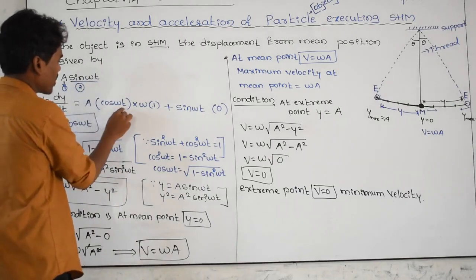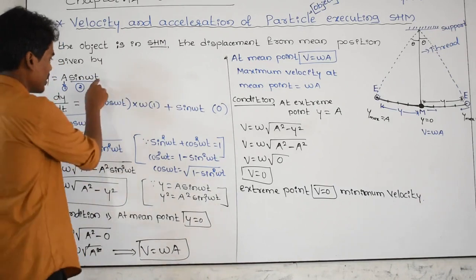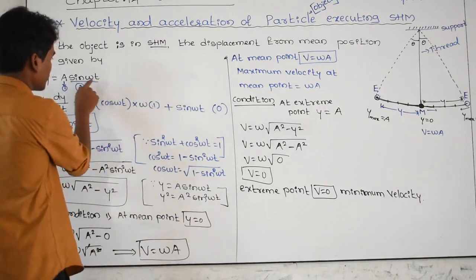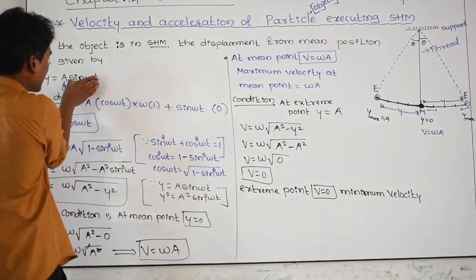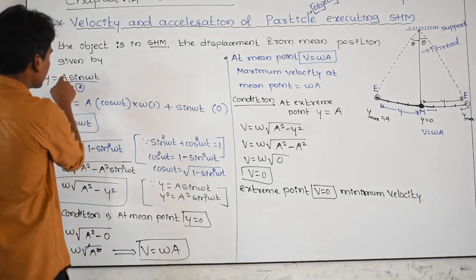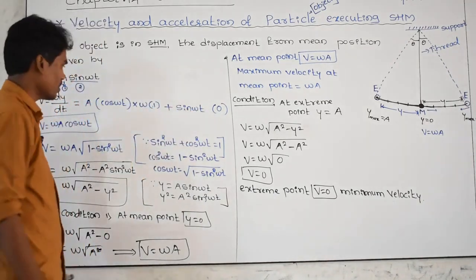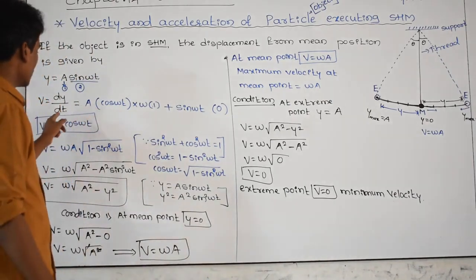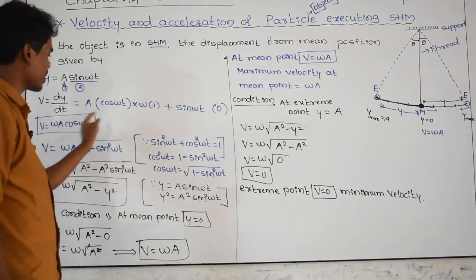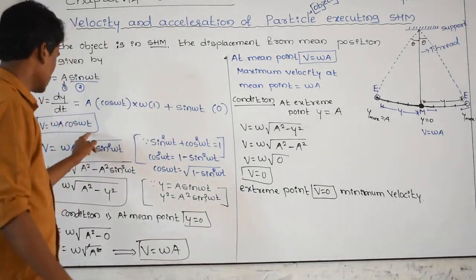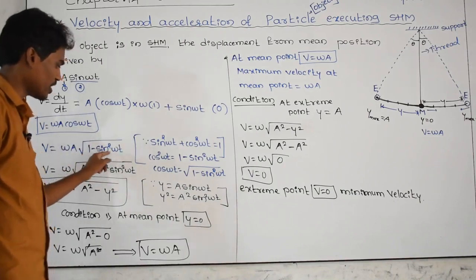Differentiating the sin function gives cos omega t. Again omega is a constant, keep it as it is, it cannot be differentiated. Differentiation of time is 1, and differentiation of this y function is over. Make plus and keep y as it is, and differentiate the a function. Differentiation of this amplitude is 0, and here v is equal to omega a cos omega t, and this other term is 0. Omega a as it is, cos omega t can be written as root of 1 minus sin square omega t according to this formula.